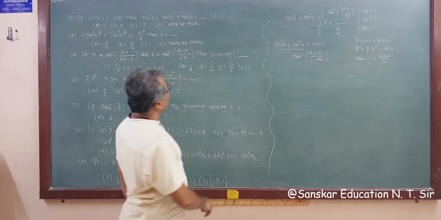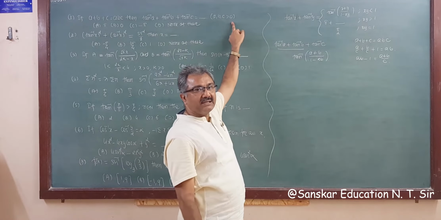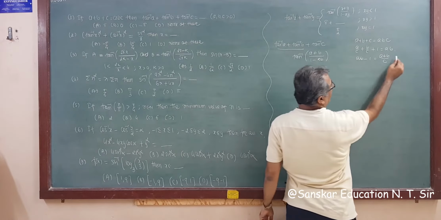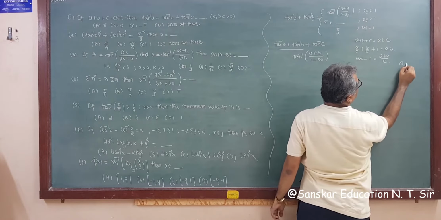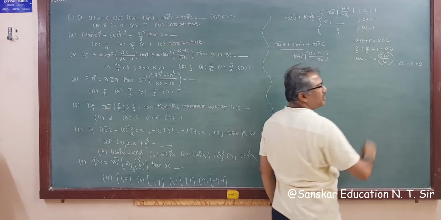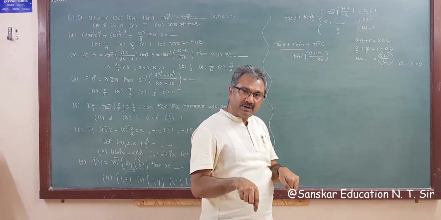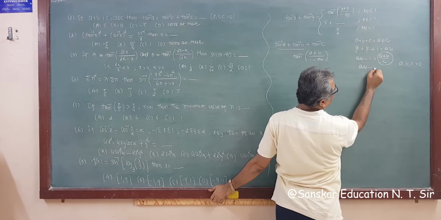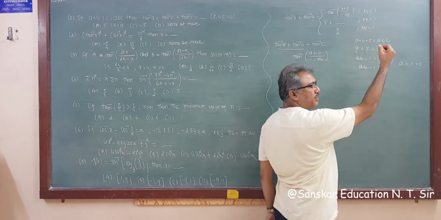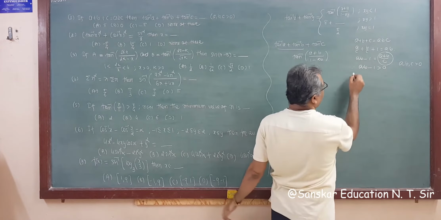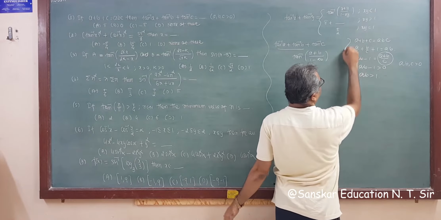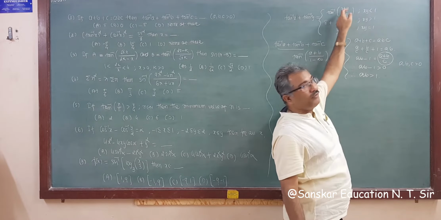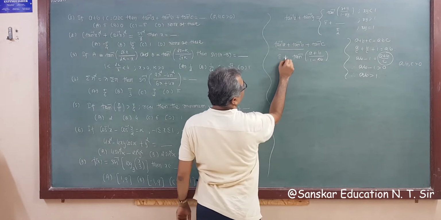And see here, what condition is given? a, b and c are all positive, all greater than 0. Because the sum of two positive numbers divided by a positive number is greater than 0, it means ab minus 1 is greater than 0, that is, ab is greater than 1. So ab is greater than 1, like xy greater than 1, then the answer is pi plus the same formula. So we have to put pi here, that's why I am skipping space here.